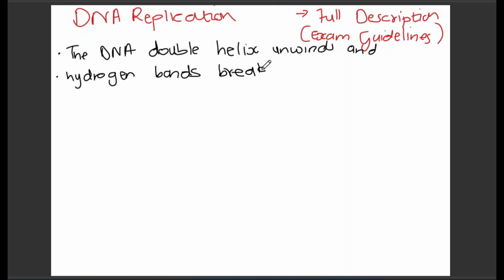Now, you don't necessarily need to mention the word weak. We know it's weak hydrogen bonds, but you don't necessarily have to mention. Or you can talk about the molecule unzips. Okay, so for the second mark, you'll either get a mark for mentioning hydrogen bonds break or the molecule unzips